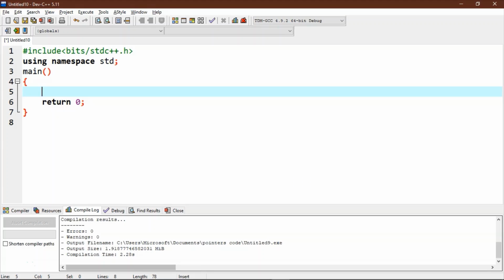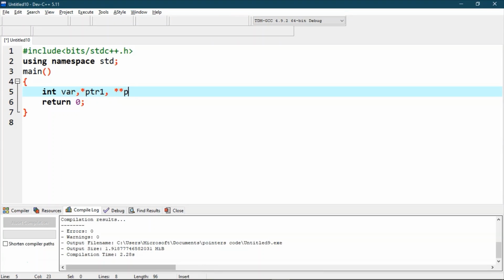First, we will declare a variable var, a pointer ptr1 and a pointer to this pointer ptr2.